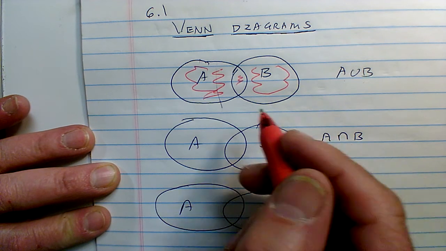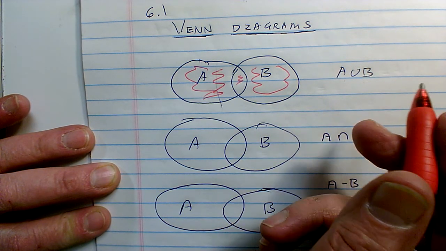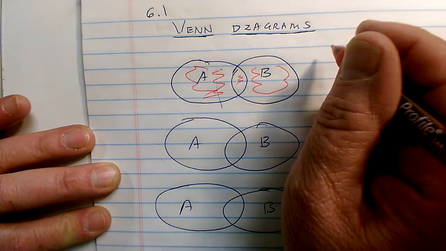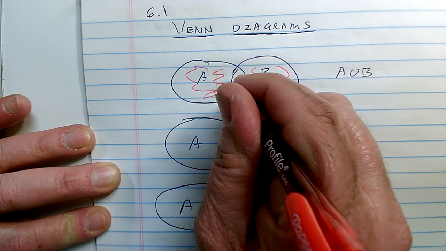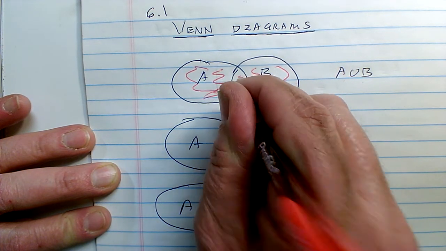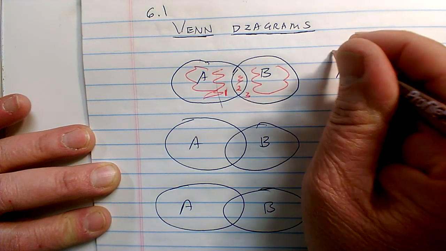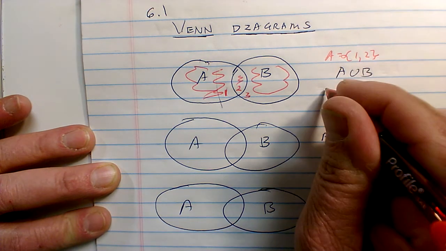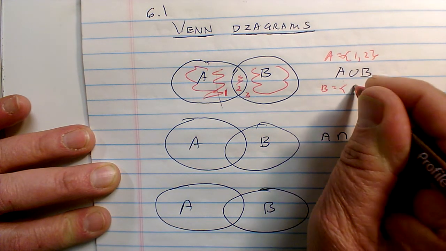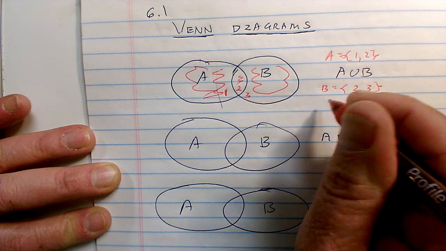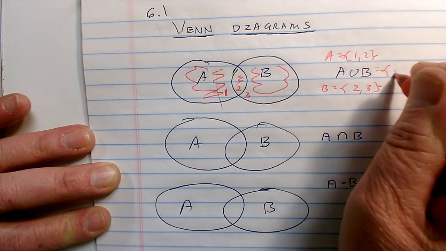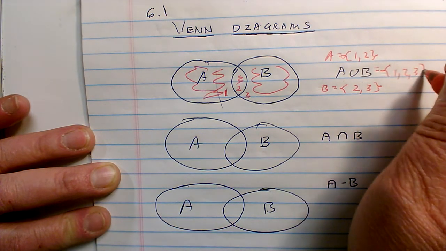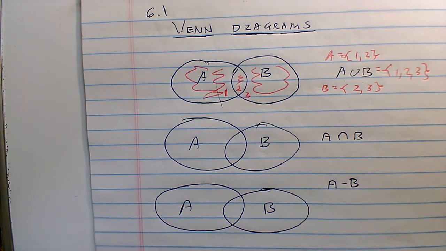When you're doing problems and you're trying to figure out relationships with this, sometimes what you might do is put elements like 1, 2, and 3 into each one of these. So you can see A is 1 and 2, and B is 2 and 3, so you can see that A union B is 1, 2, and 3. That's an interesting way to tackle some of the kinds of problems that deal with doing sets and subsets by